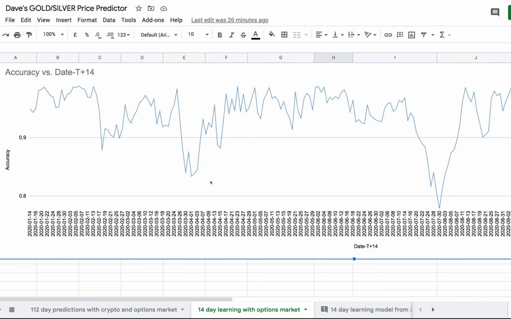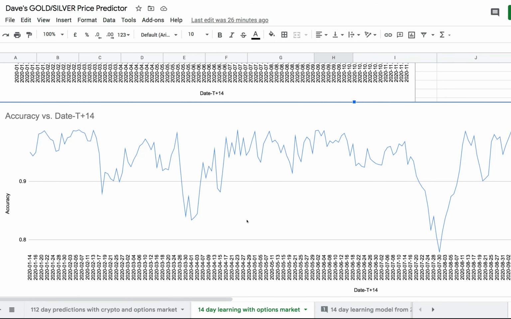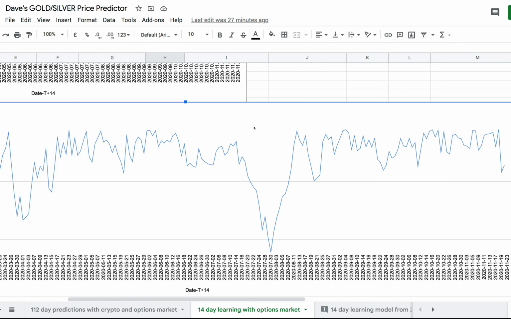It's clear when I plot out the accuracy of the model, right? In most cases, it's relatively accurate. There are quite a lot of instances where its accuracy isn't too bad and it's above the 90% range. It's not great, but it's not too bad. But there are very specific instances where you have strong external events, and it's unable to predict them.